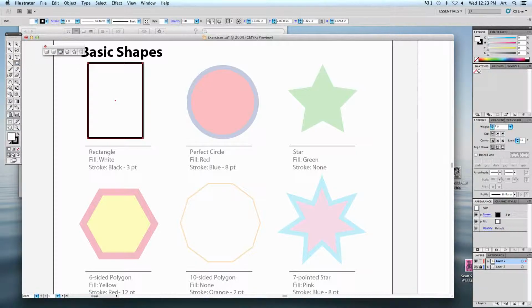Choose your circle tool, click and drag. Remember, hold down your shift key. Here's another thing you may want to take note of. I'm holding down my shift key, but I want to get it perfectly aligned with that circle. I'm going to hold down my space bar. Watch what happens when the space bar is held down. I can now move around. So space bar is held, and I can move my object around until I get it positioned where I want